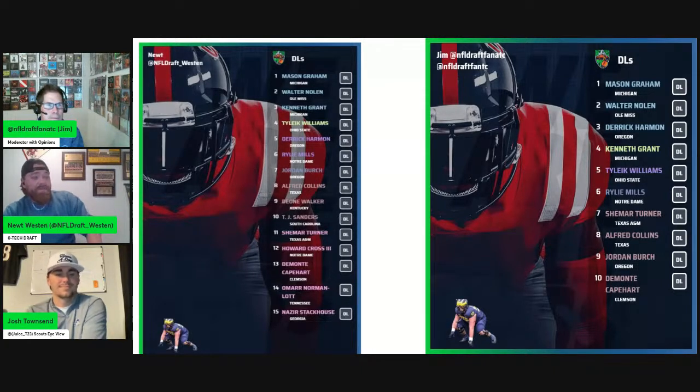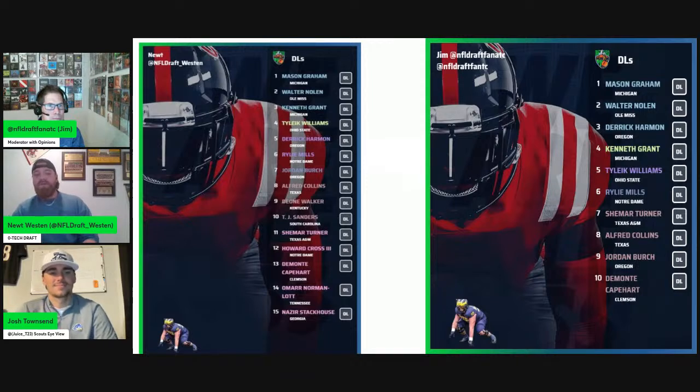When we broke both players down, Shemar Turner to me looked like Isaiah Simmons for the Cardinals, a guy without a home. Jordan Burch looked like a guy that can live in multiple places and thrive. So it feels eerily similar, a multi-positional guy, but I think Burch shows what you want to see, a guy really thriving in both positions.